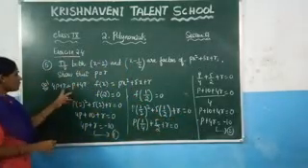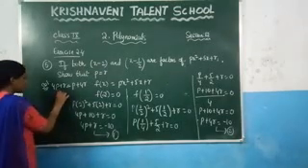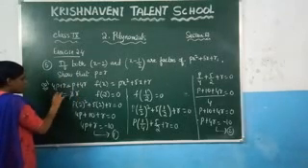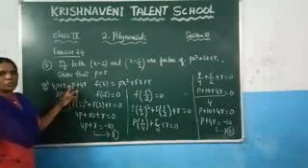Now take all the p values to one side. What you will get here is 4p minus p, which is 3p, and 4r minus r, which gives you 3r. Here 3 will get cancelled. We will get p is equal to r. This one we need to show here.